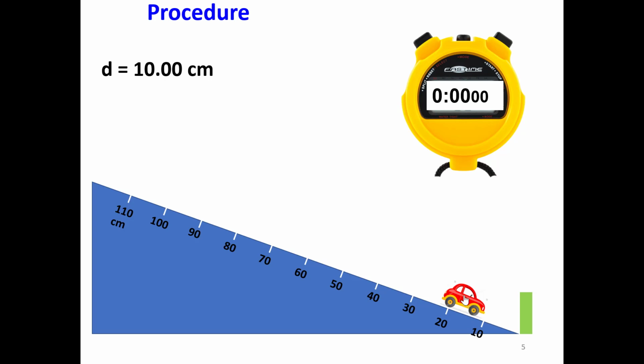Then we will start, and you can see the initial velocity of the car is 0. The car is at rest. We will release the car without pushing, without applying any force. We just release the car with initial velocity equal to 0, and we start. And then this is the first trial. This is the time for the first trial for a distance of 10 centimeters. And we will write this one in Table 1. And we will repeat the same procedure